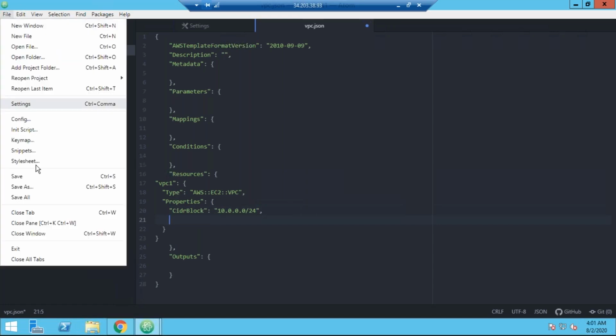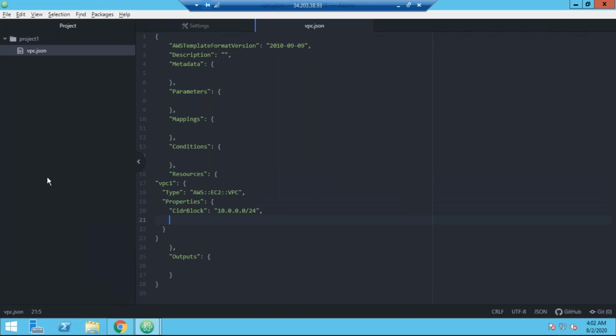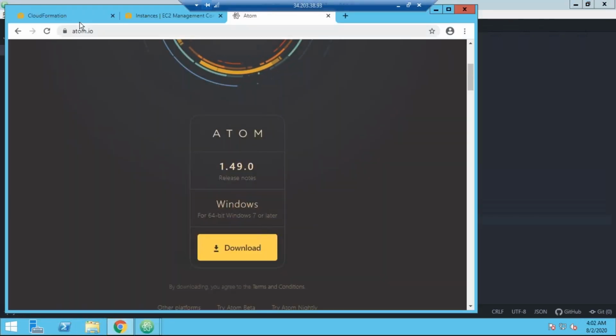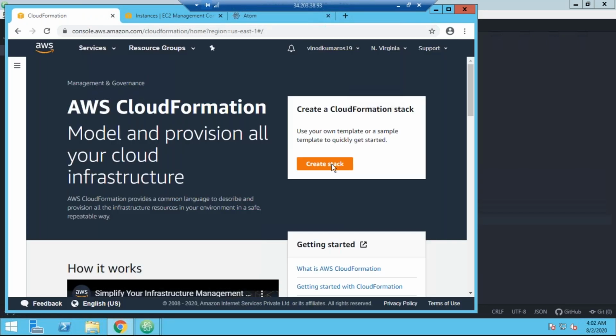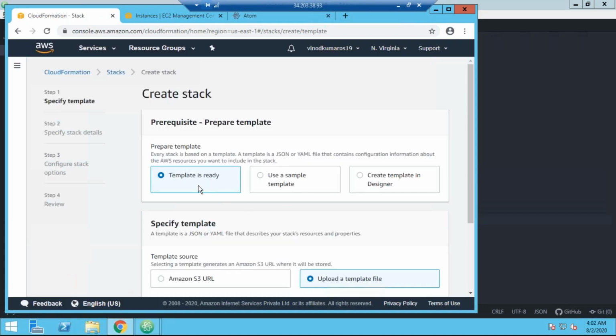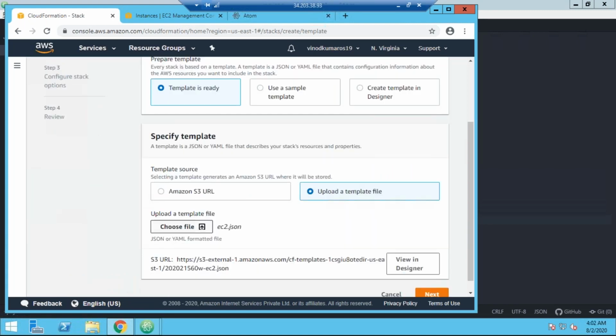I am going to save this template, go to AWS CloudFormation, and create a stack. The template is ready, so I want to upload a file.